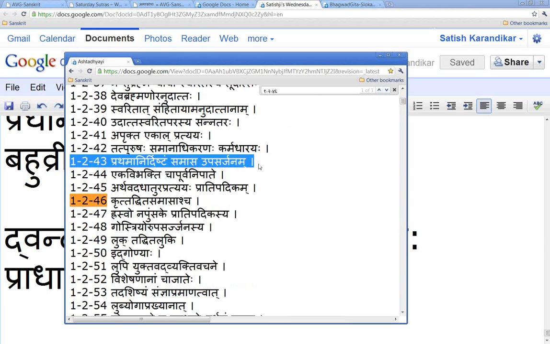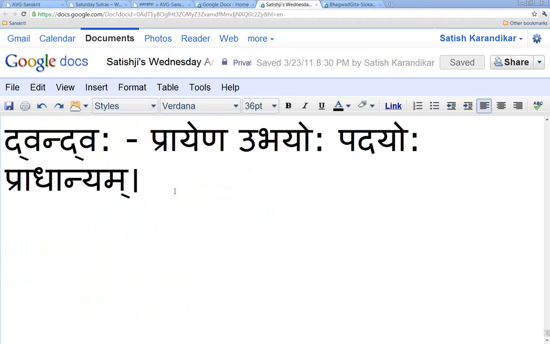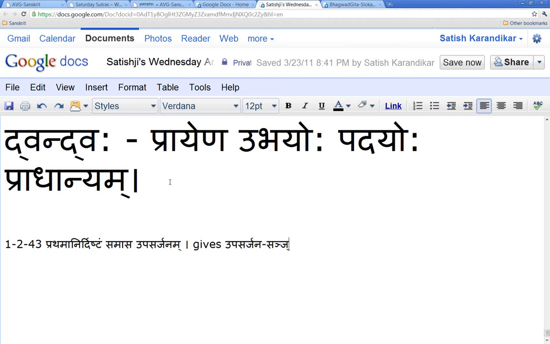Again, it's not covered in this lesson in the book, but Kalpesh raised a good point. It's also a very important concept: which term to put first and which second. These are very fundamental ideas which will cut across all samasas. So this defines Upasarjana Sanya, and then after that we're going to get Upasarjanam Purvam.